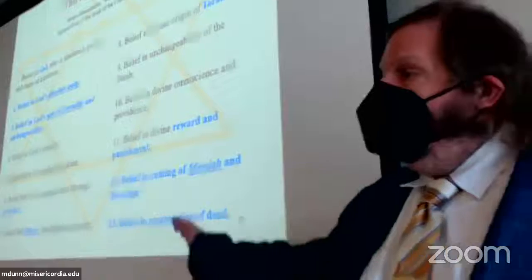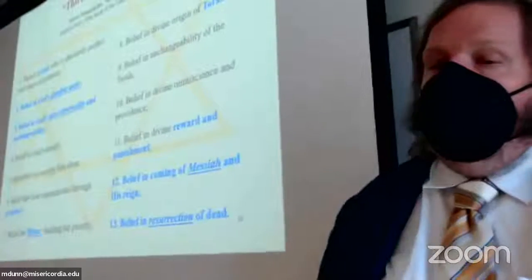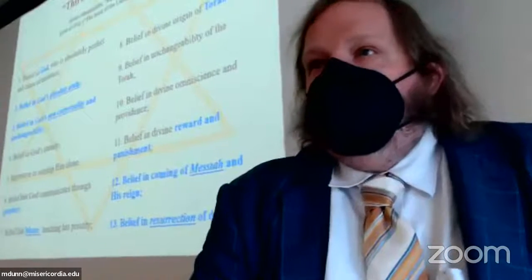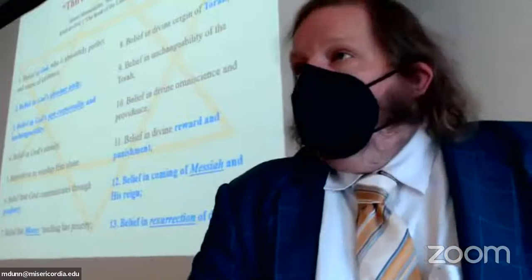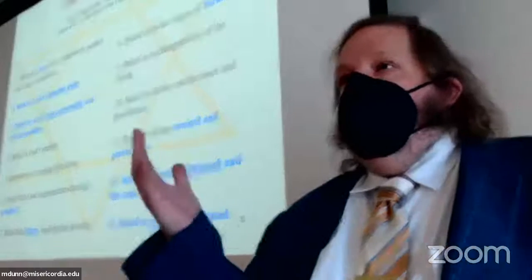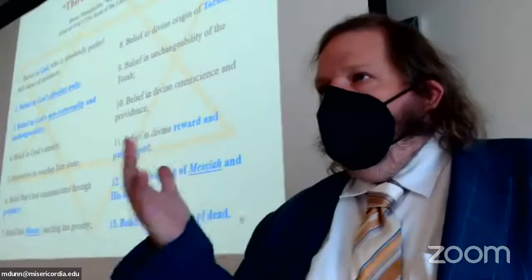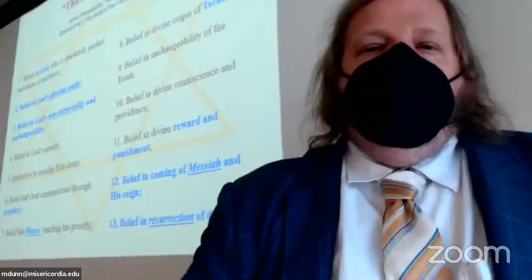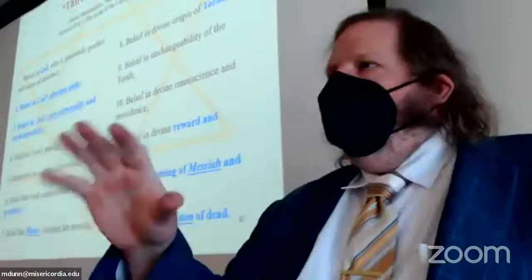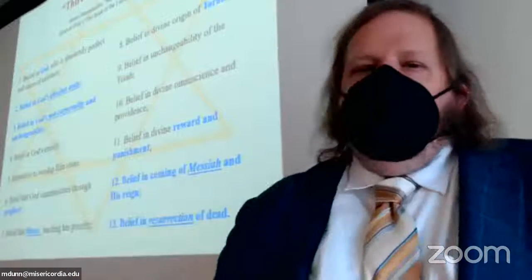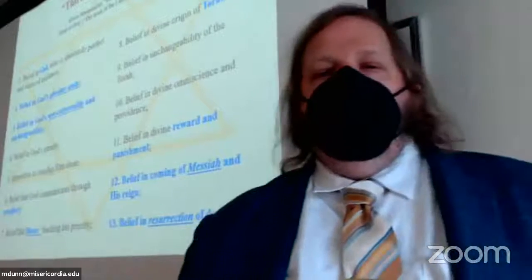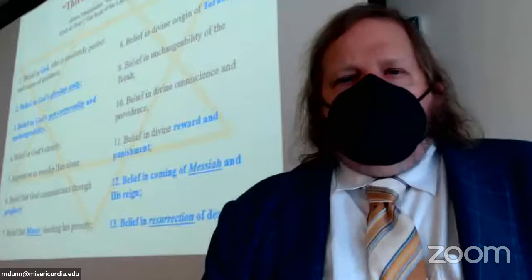And this is one of his writings from which we get the 13 Principles of Faith, this book called Kitab as-Siraj, which is an Arabic title. Now you think, oh, he's a Jew, he'd be writing in Hebrew. Well, yes, he knew Hebrew, but remember, he was in Muslim-controlled Spain at the time, so he was fluent in Arabic, because that was the language that the Muslim rulers spoke. But he wrote in a certain form, kind of Jewish Arabic. So he wrote the book in Arabic.